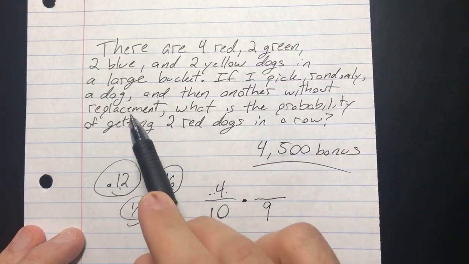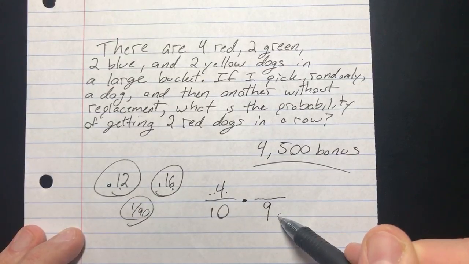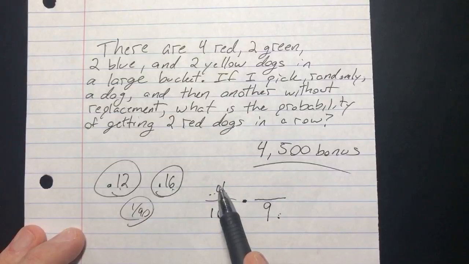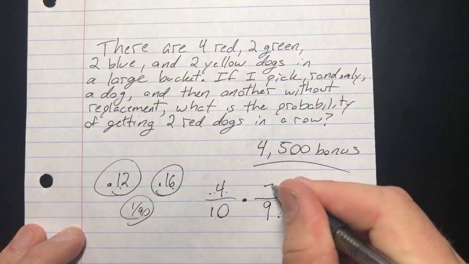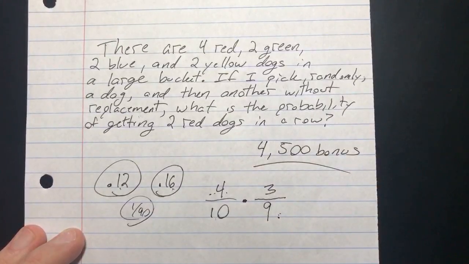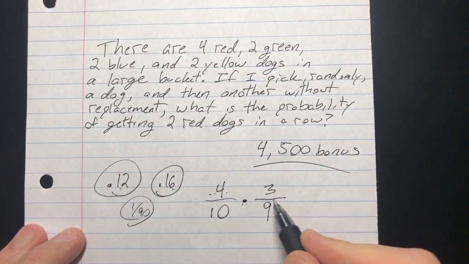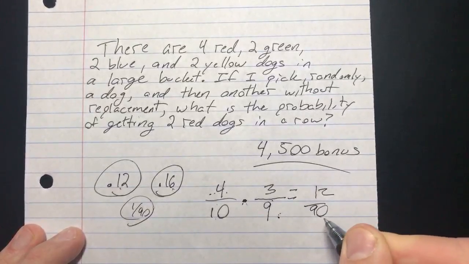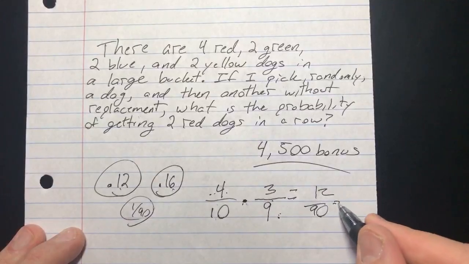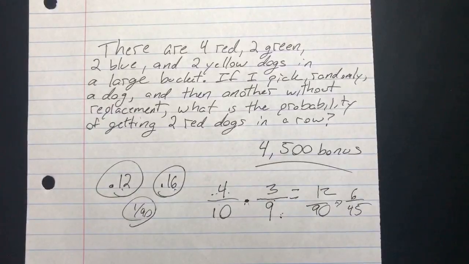Because the key is without replacement. So we got to put a 9 there because there's no longer 10 dogs. There's only 9 dogs because we already got our red dog. And if we got our red dog here, we lucked out and got it. How many red dogs are left? 3. So this is how you do this one. You multiply them together, the probability of this and the probability of this happening. So what you get is 12 out of 90. What does that reduce to? That's 6 out of 45. And as a fraction, that is